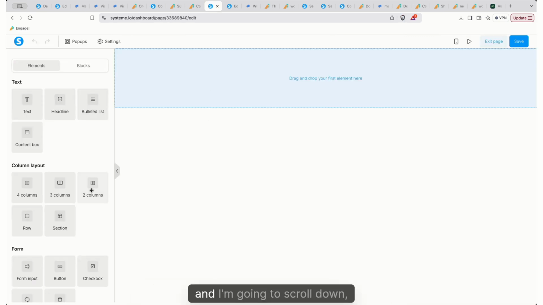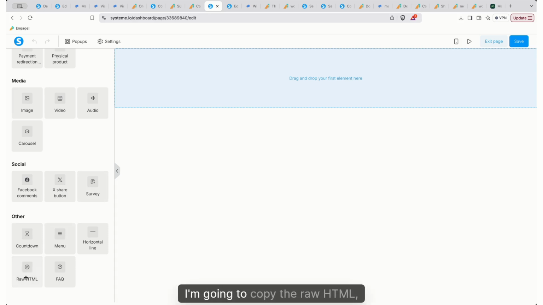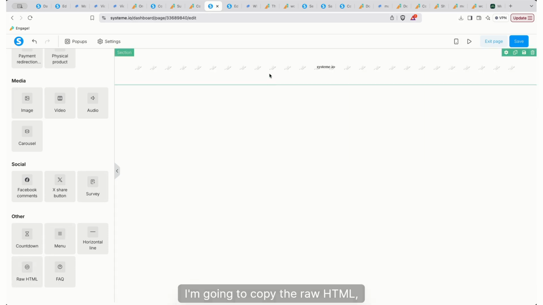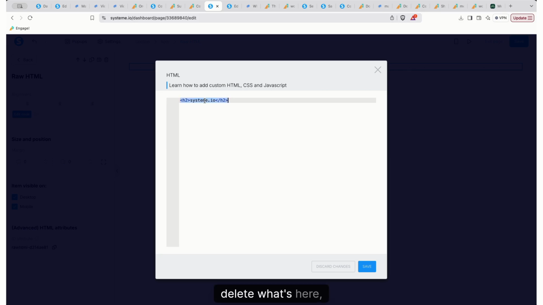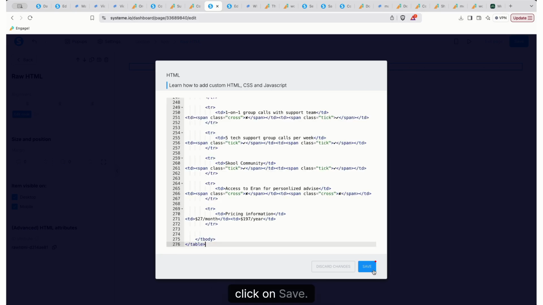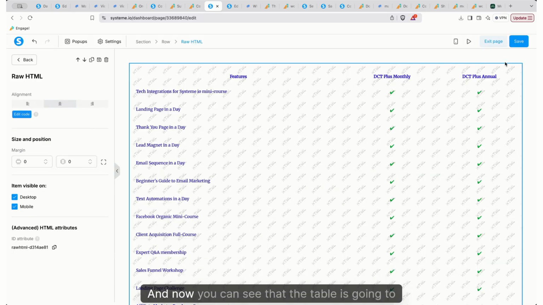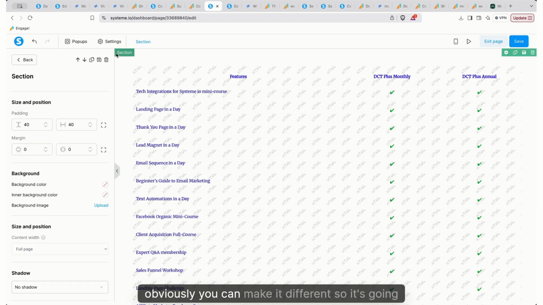and I'm going to scroll down. I'm going to copy the raw HTML. I'm going to click into it, click on Edit Code, delete what's here, paste it in, click on Save. And now you can see that the table is going to appear. Now, depending on how you style it, obviously, you can make it different. So it's going to be a little bit thinner